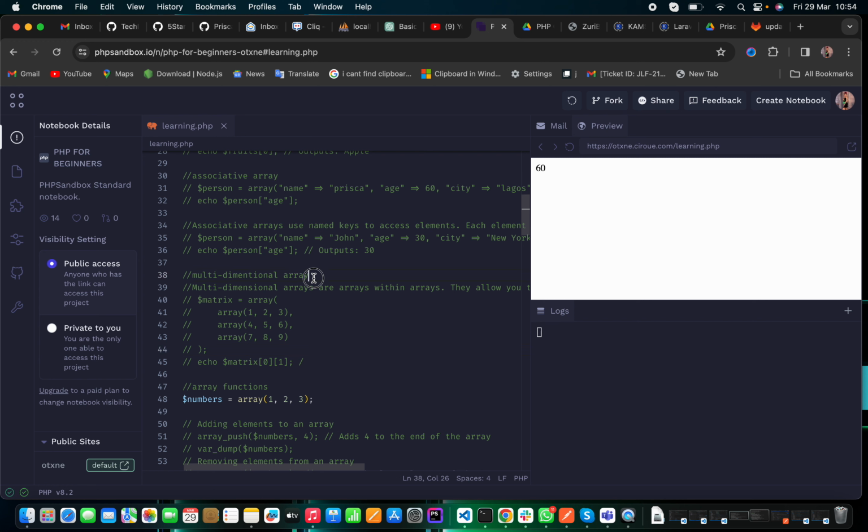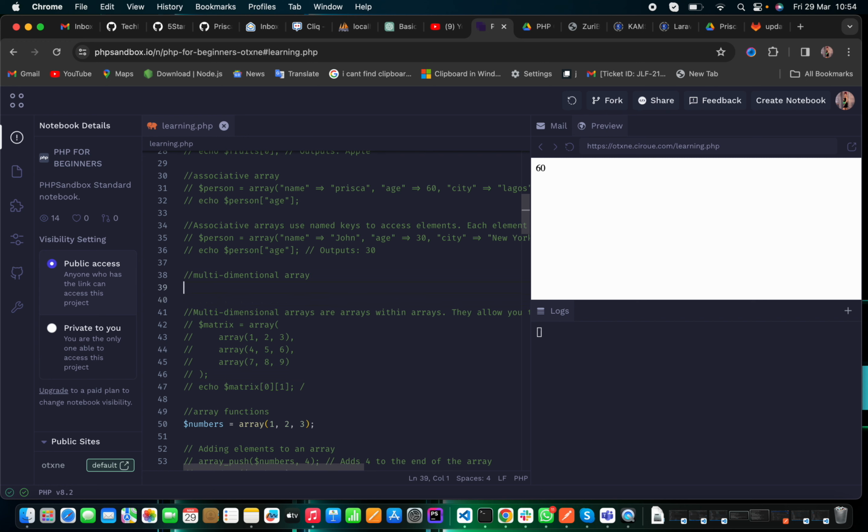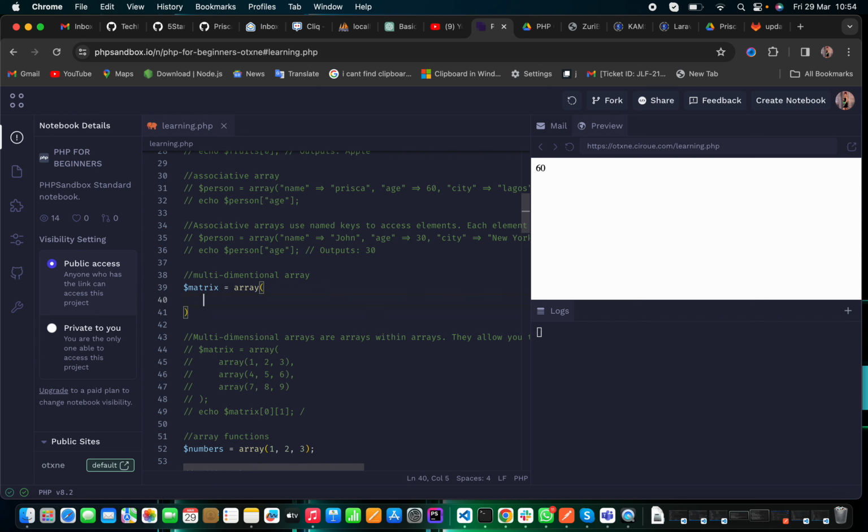Okay, I think it's already here. So now, what is a multi-dimensional array? These arrays have arrays within arrays, right? So it works like a matrix. I create a variable and call it matrix, because that's what it works like. So I now write array. I can decide to use the square bracket syntax, right? But I'm using array. Now inside this array, we have other arrays. Now I have another array,